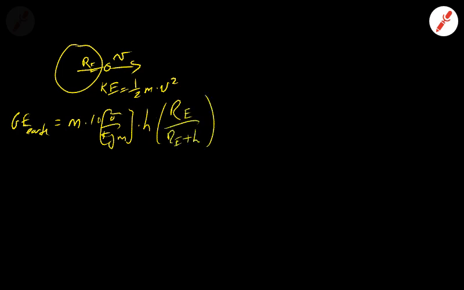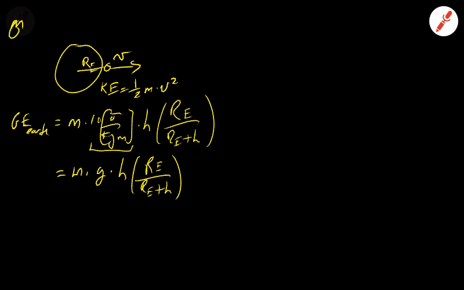I'm actually going to rewrite this part of it as simply m times g times h, where the g is this conversion factor, just because it makes it more convenient to write it more rapidly. Okay, so if we have that form and we compare it to the approximate form of gravitational energy near the surface of the Earth, which is m times g times h, we can ask the question,